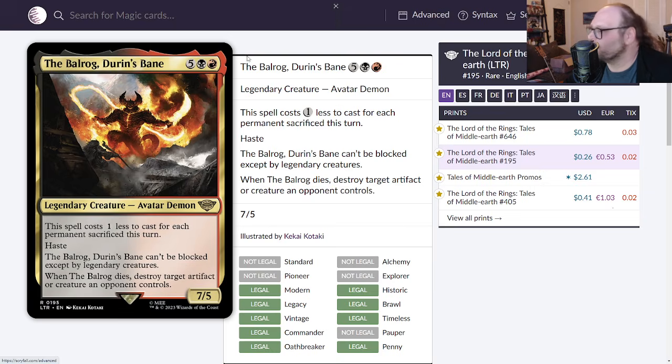We've done this recently. No, we did the other Balrog. We did a different Balrog. This is 7 mana, 5, a black and a red for a 7/5 legendary Avatar Demon that costs 1 less to cast for each permanent sacked this turn. It has haste and cannot be blocked except by legendary creatures, and when it dies, destroy target artifact or creature